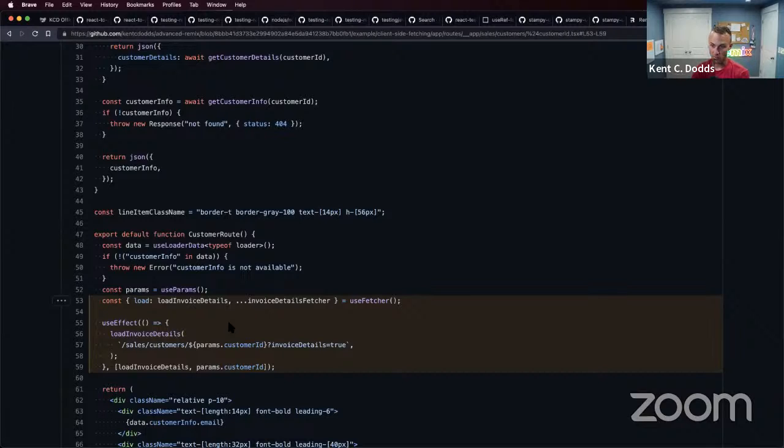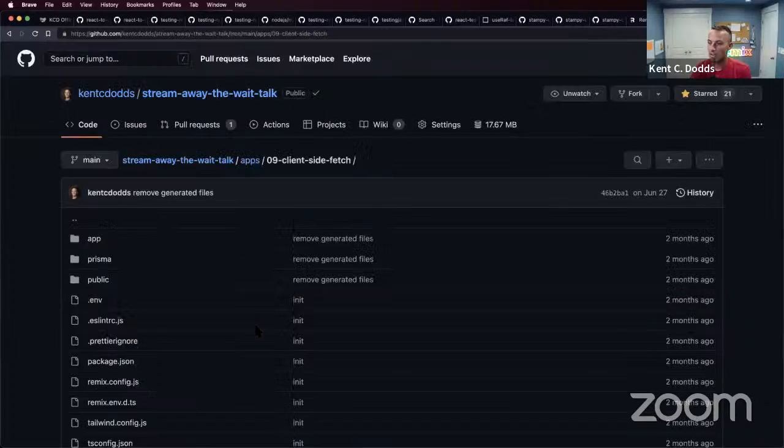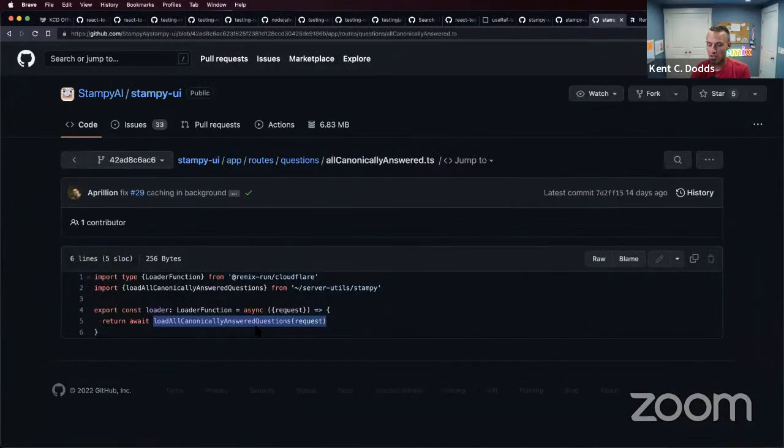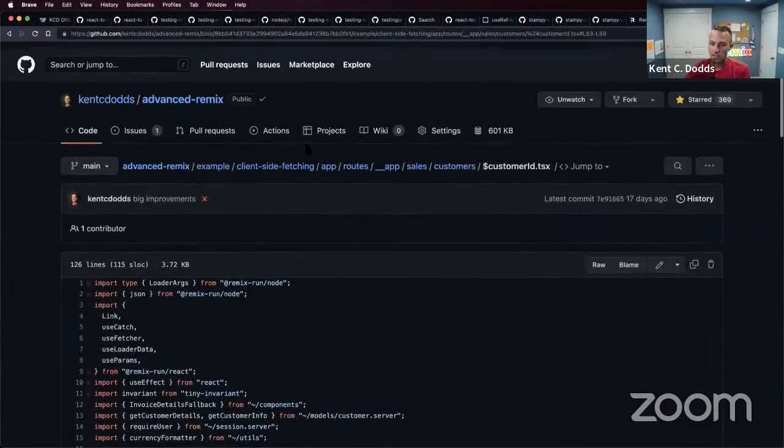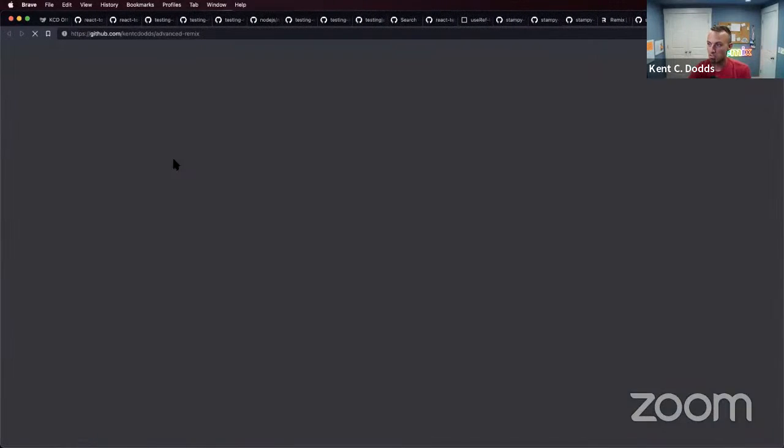I would use fetcher. The benefit of this is that on mutations, this will get rerun, and you have all of the state for the promise managed for you. So this is the way I would do it if I was doing client-side fetching. However, you don't have to do client-side fetching, not very soon anyway, because in the actual finished version of this in the workshop,